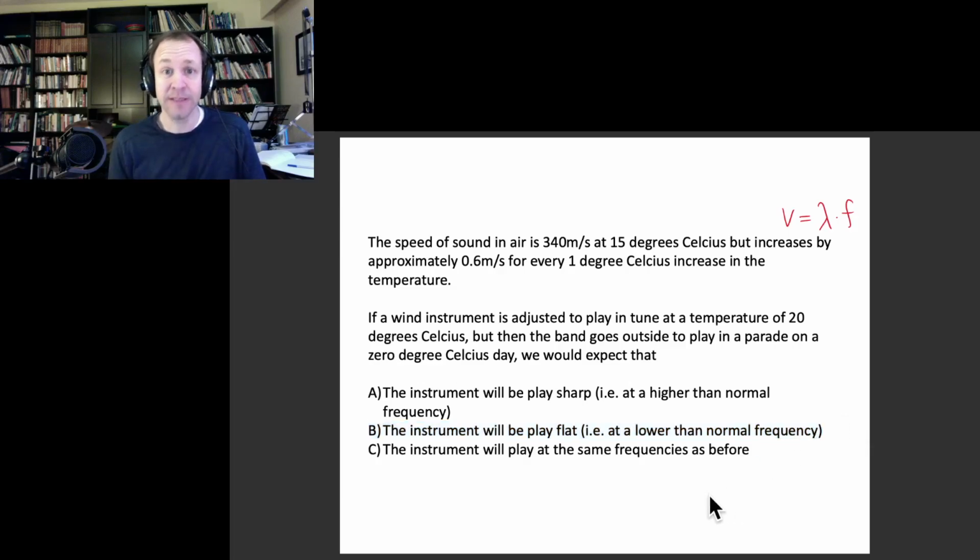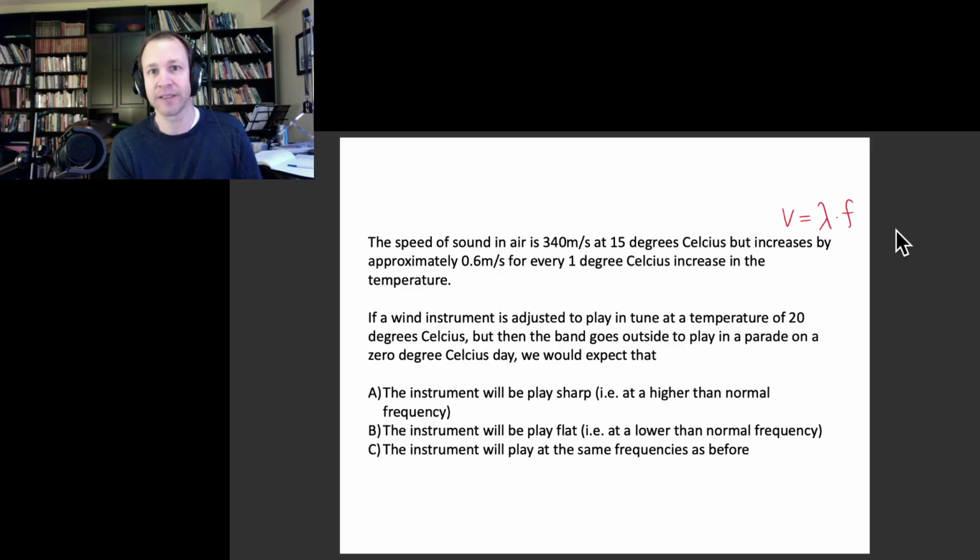How flat is it going to be? So we could actually quantitatively estimate that as well. If you look at a 20-degree change in temperature, that's going to correspond to 20 times 0.6 meters per second change in the speed of sound. So that's 12 meters per second slower for the speed of sound. And in terms of percentage-wise, that's 12 over around 340. So it works out to about 3%. That 20-degree decrease in temperature is a 3% decrease in the wave speed, and that leads to about a 3%